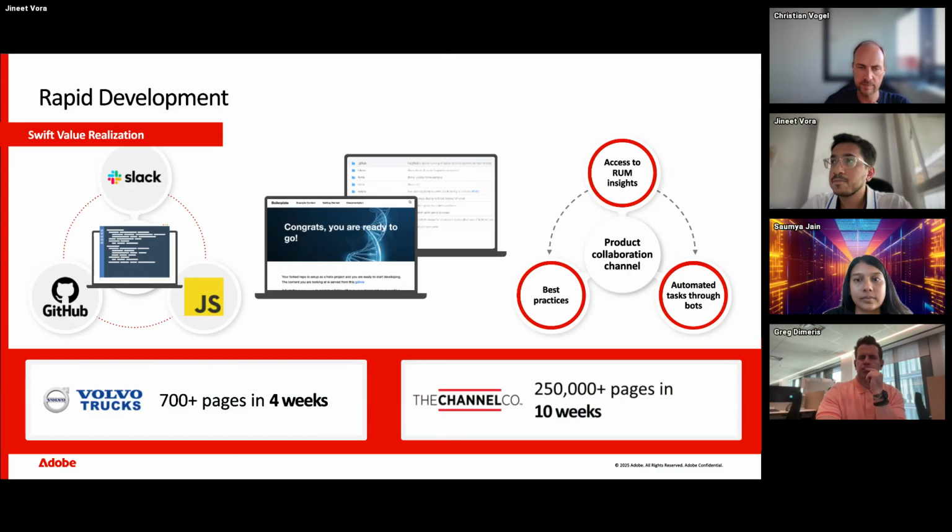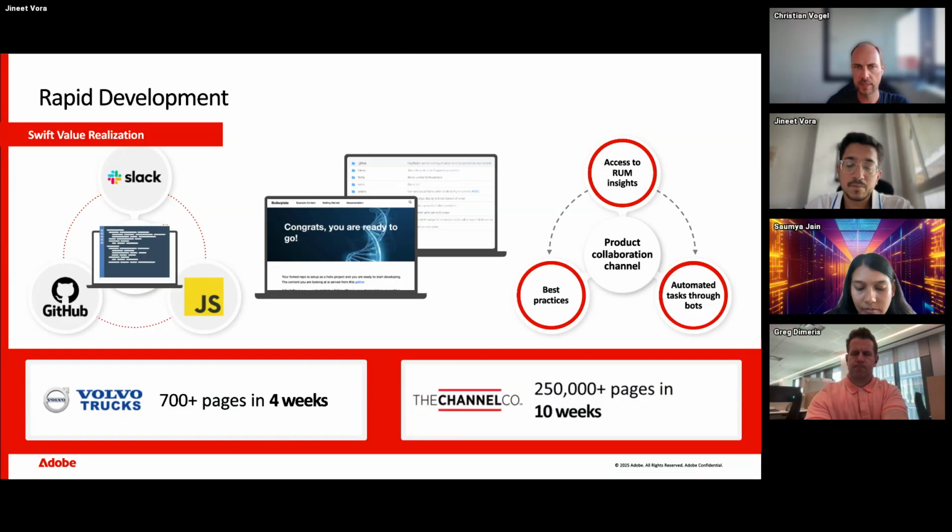And you only need a very small amount of lines of code in order to implement those templates that we call blocks in the world of Edge Delivery Services. And each block consists of a very small JavaScript snippet and the CSS that's relevant for the styling. And to give you some numbers, we have launched Volvo Trucks as one of the very first websites that have been live on Edge Delivery Service already, I would say 1.5 years ago or so. And we really migrated this website in 4 weeks. That was done by a partner, NetCentric, or Cognizant-Netcentric, and it was 700 common pages.